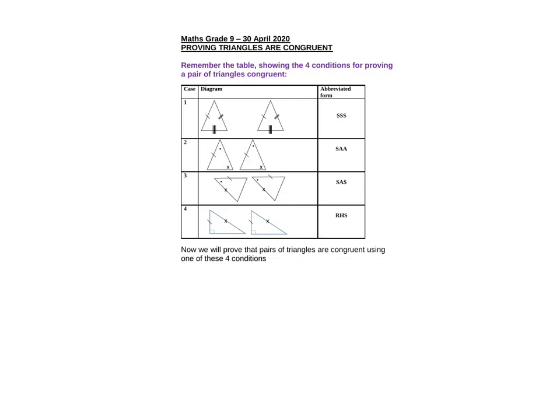Good morning, grade 9s. If we want to prove triangles congruent, we have to remember the table that shows the 4 conditions that we also looked at last year. The 4 possible things you could prove would be to prove that there are 3 sides equal in length, corresponding in the 2 triangles, or